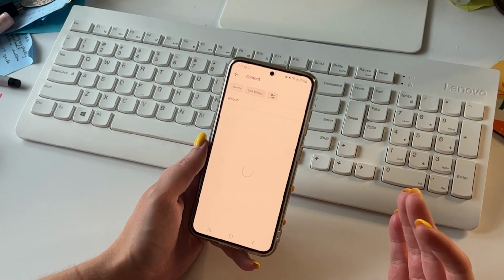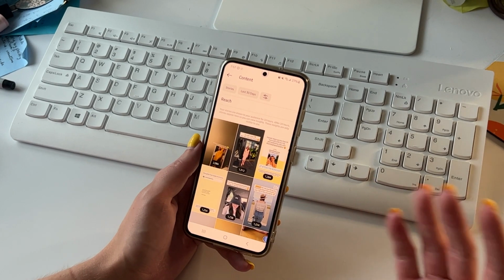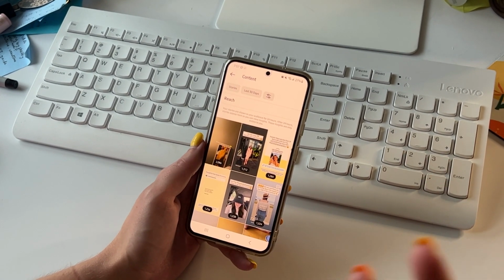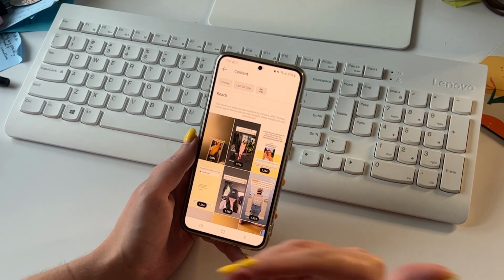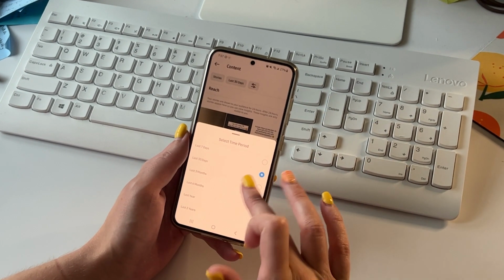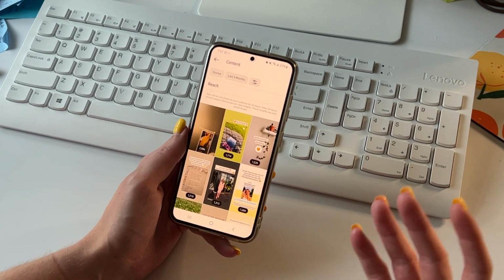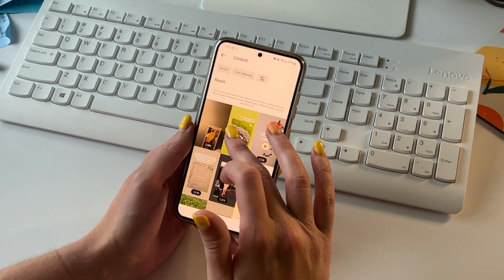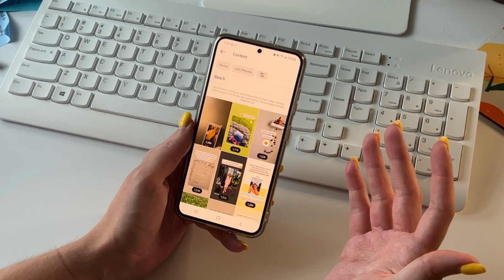I can also look at my stories content and see what my stories content and reach is like. A lot of my more personal posts end up going on my stories because that's what works best for me. So I can use all of this data, filter by the last few months if you don't post super often, and really take a look at what has performed best and use that to inspire and influence your next months of content. You don't have to do this every single day. This is something that I'll typically look at every couple of weeks: go into my analytics, look at recent posts, see what my top posts were, see what got people commenting or saving those posts, or did I see an uptick in sales that day? And if so, what did I post on that day? That's something that's really helpful as well.